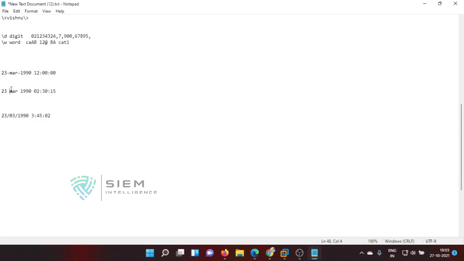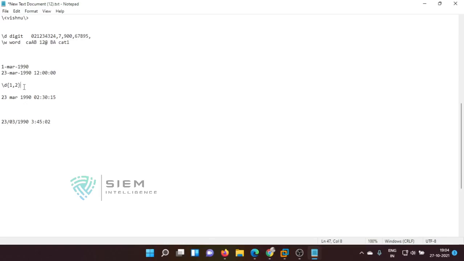So for this, how can we set up our regular expression? By default, for a digit we use \d, and for a word we use \w. Here it's quite easy. You use \d, and the count is two. There may be a chance of 1st March 1990 also, so I'm giving a digit count of either one or two. That means it may be a single digit or multiple digits.